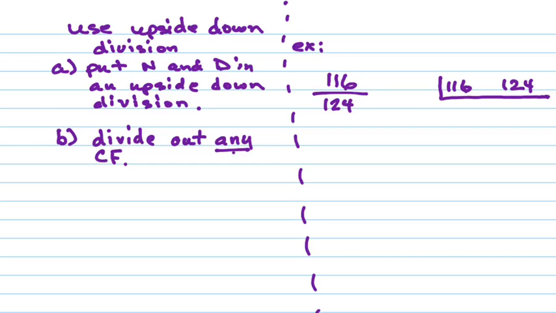All right, here you go. If you look at 116 and 124, they're both even, so you'll know they'll at least divide by what? 2. So let's divide them by 2. What's 116 divided by 2? 58. What's 124 divided by 2? 62. Okay? Now, sometimes dividing once is enough. But in this case, 58 and 62 will at least divide by 2, so you know there's still a common factor, right? So what we're going to do is continue to divide